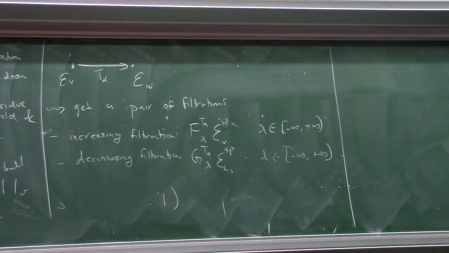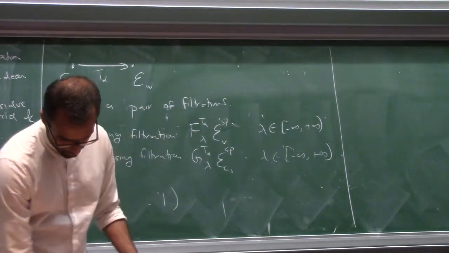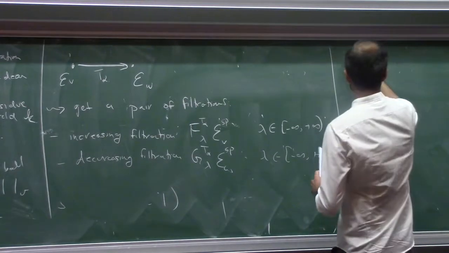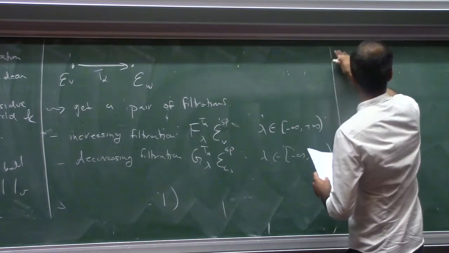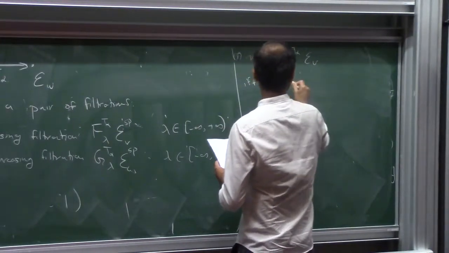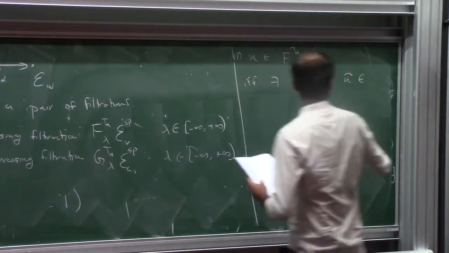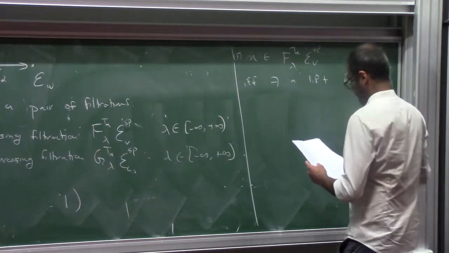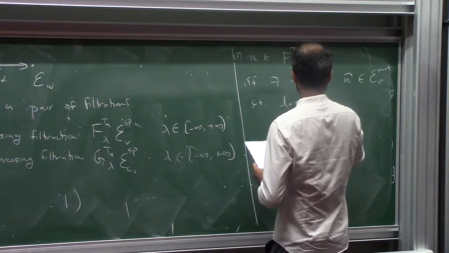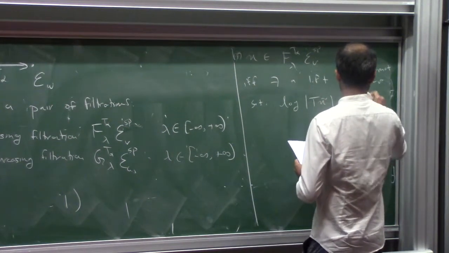So on the residue, so over little k, which could be, for example, C, I get a pair of filtrations, and the filtrations are defined as follows. So U is in F T alpha lambda of EV if and only if there exists a lift U tilde in E met of V such that the logarithm of the norm of TU tilde of W is less than or equal to lambda, and likewise